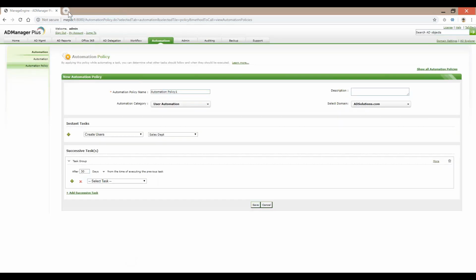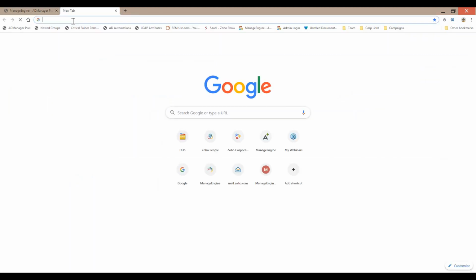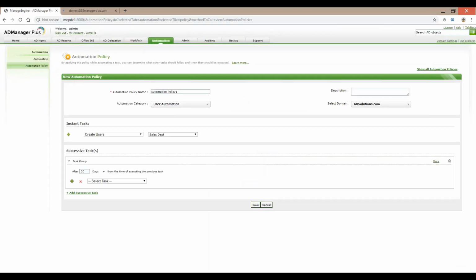Likewise, when we are talking about doing the same thing exclusively for Office 365, not in a hybrid infrastructure, but an exclusive Office 365 module, that as well is very much feasible. So we are here. A quick second, let me give you access to the demo as I speak. So it's going to be demo.office365 or o365managerplus.com.